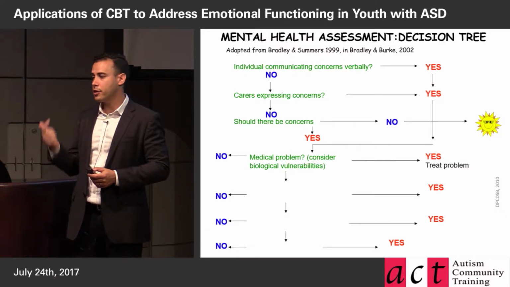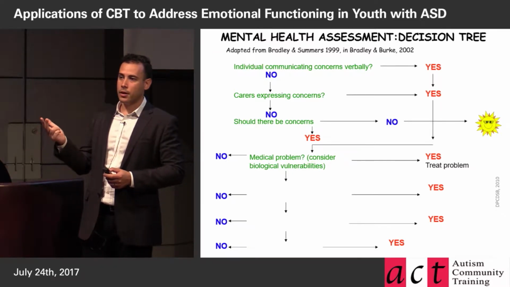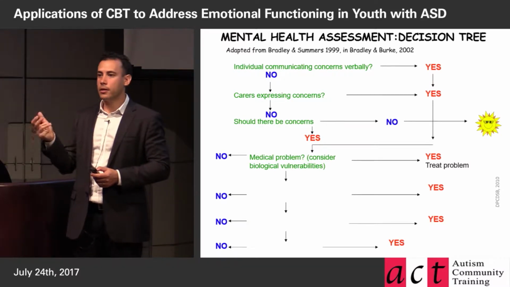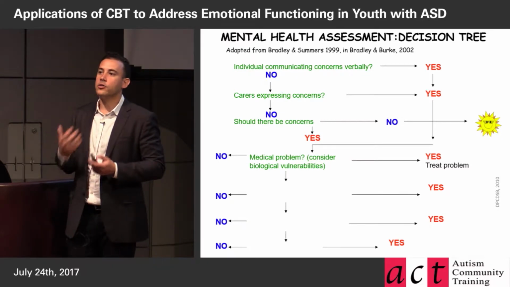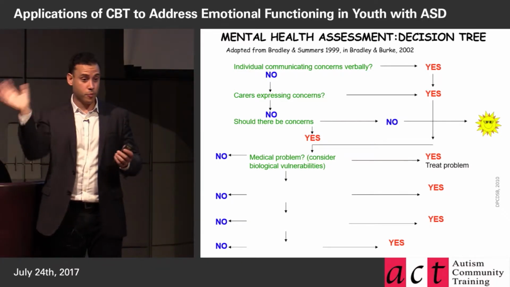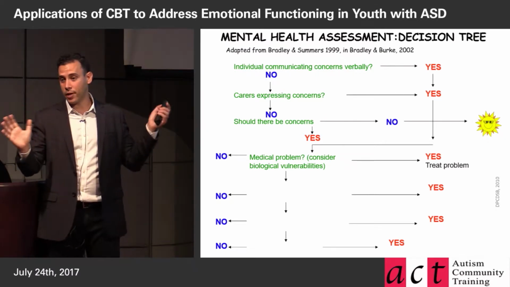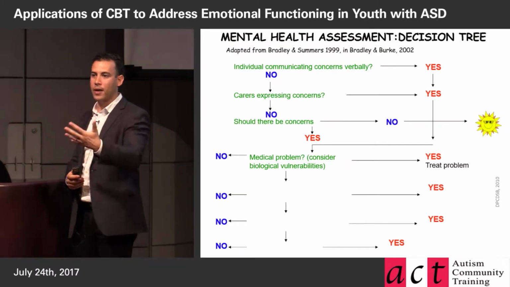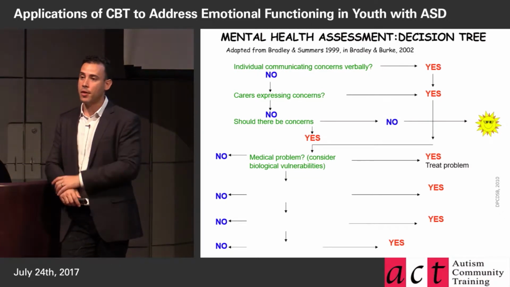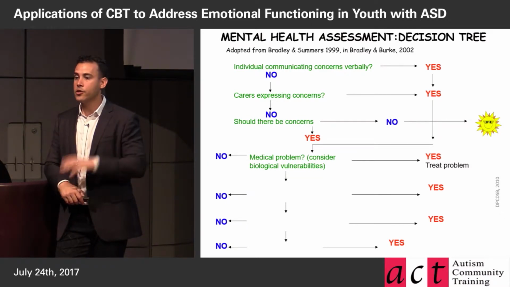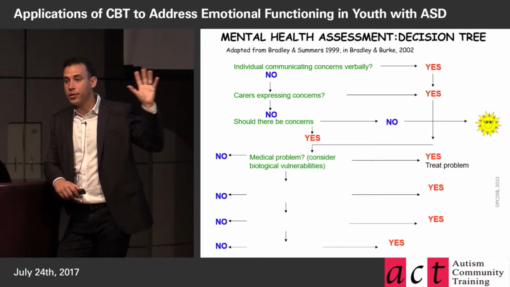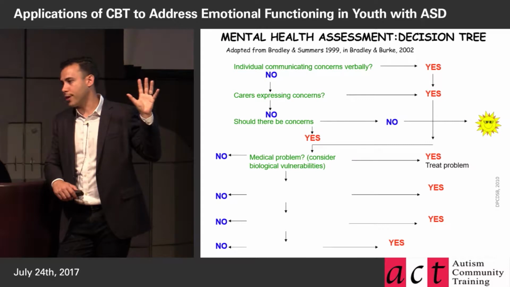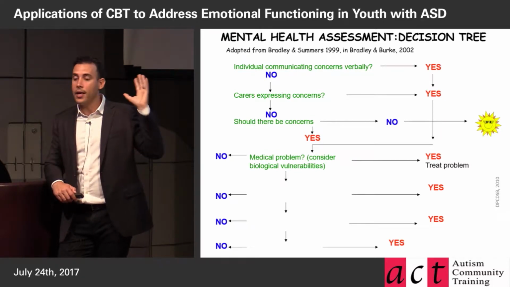So GI issues, sensory issues, seizure issues, and the last one, dental issues, that's right. Okay? These are underdiagnosed. Now, there are probably other ones too, so the point here is bigger than just those four. But my advice to you is really to ask, when was the last time they went to the dentist? So in the decision making, they always say, can you rule out, are there any potential medical issues or biological issues that are undertreated or not aware of?